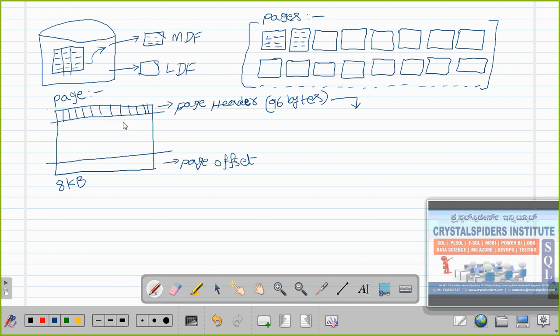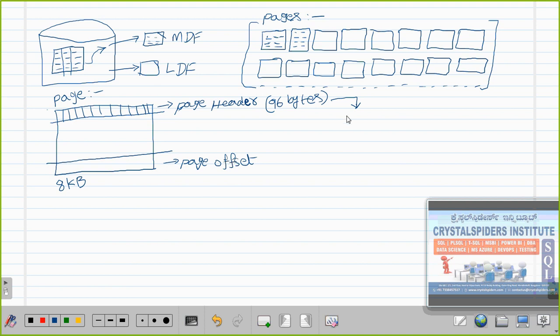It will store some details. What details will it store? Now here I am going to write down that information. What is the required information? I am going to write it here. It will store the type of the page, what type of page it is, some information about the type of the page,